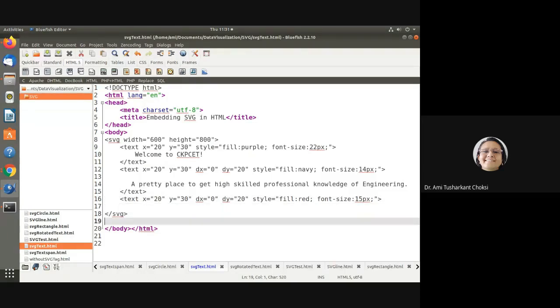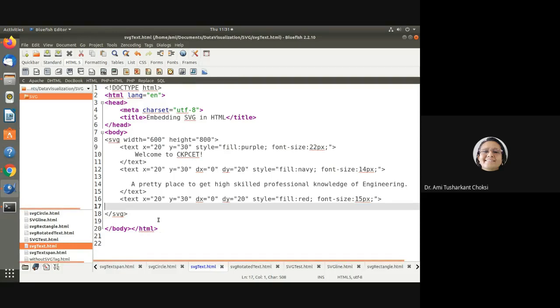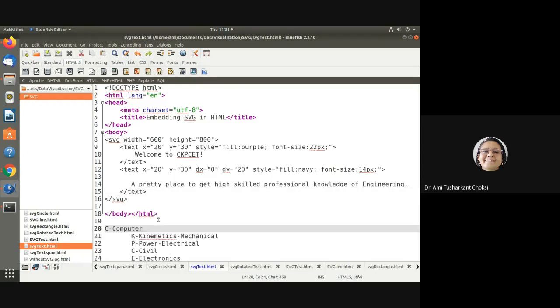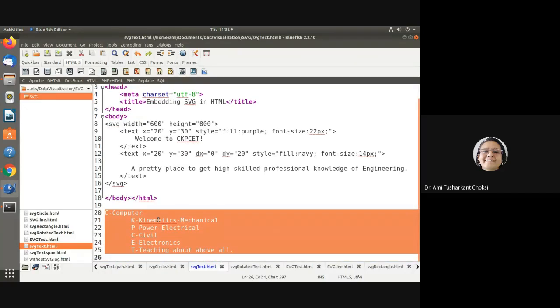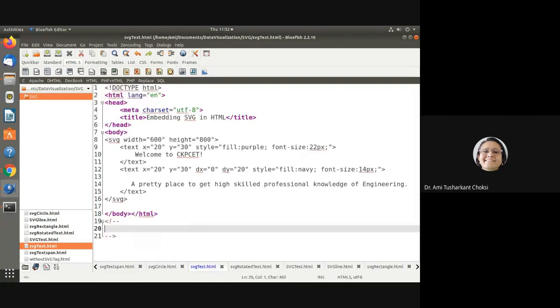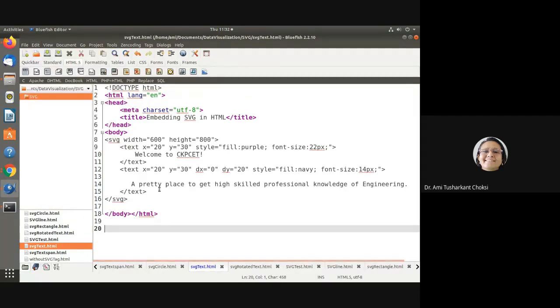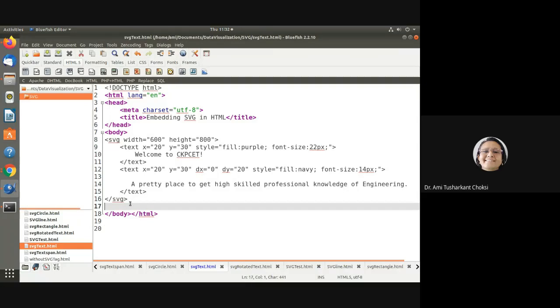Now, where is the text? There is a text. Text is being removed. A second, let me copy that. And after, let us do redo so we can have all things available, isn't it? Let me write text.